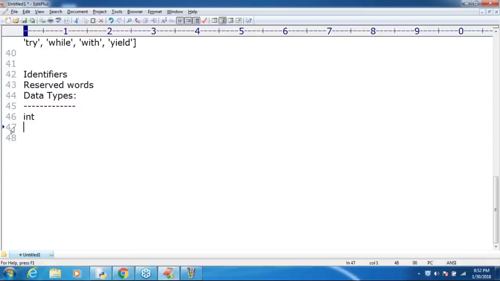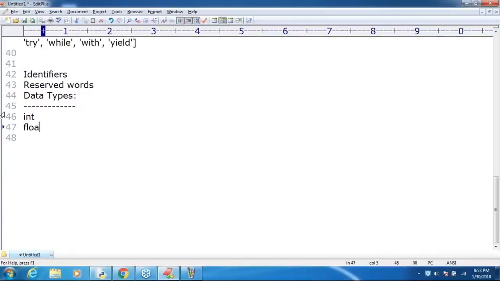Int is not reserved. Immediately some people are asking, sir, if it is the int type, float type, double type, boolean type, these are reserved words, right? We are not going to use these words in the Python program, because internally Python is going to consider them. That's why these are not reserved words. Are you getting it? I hope you can understand. Because we never use these words. Am I required to declare a variable explicitly? No. So the first data type is clear for you, right?